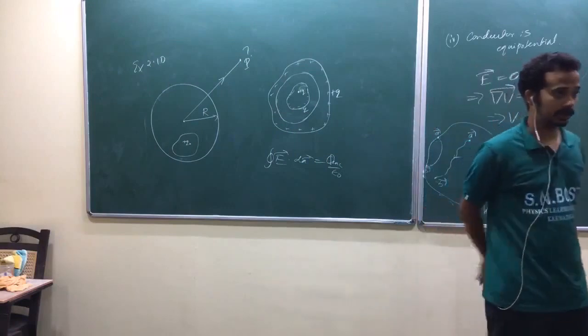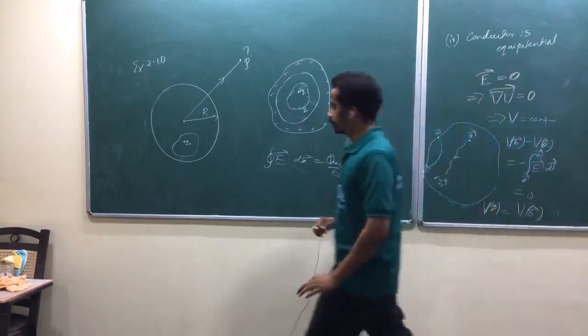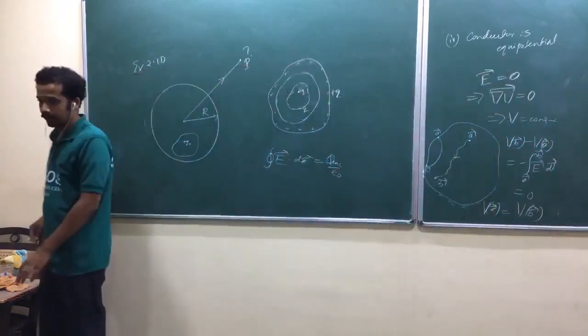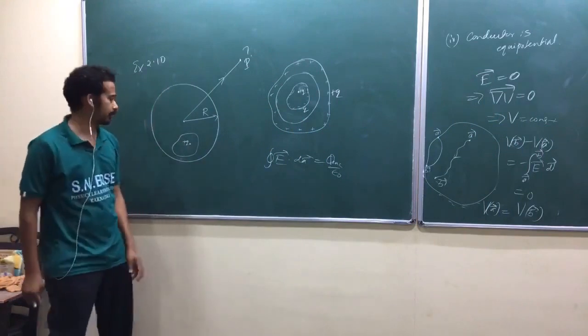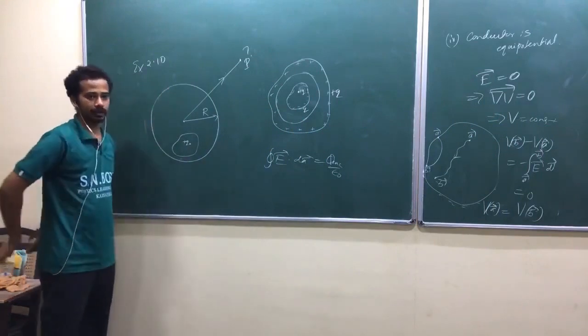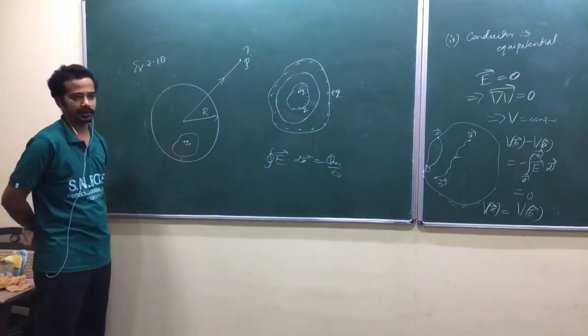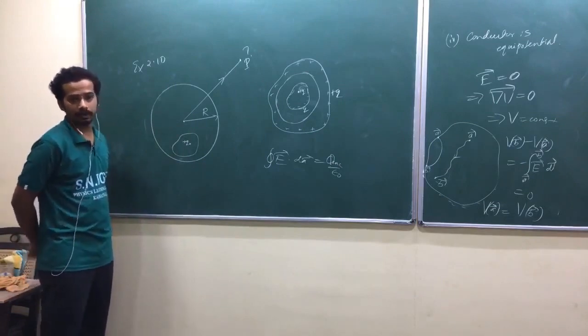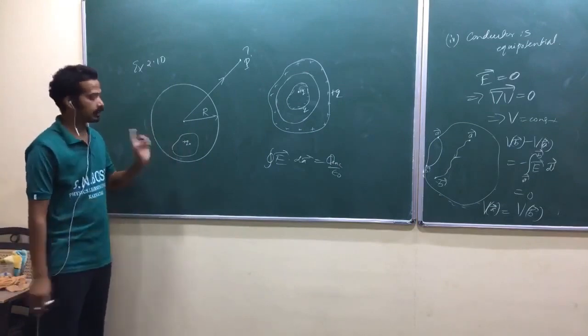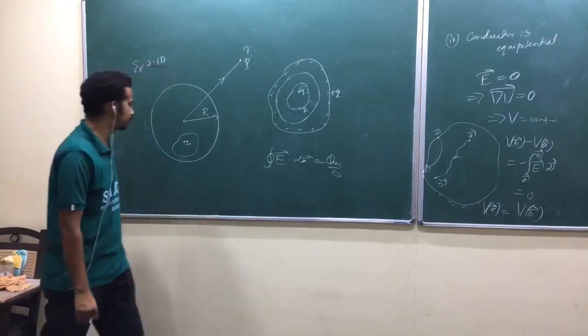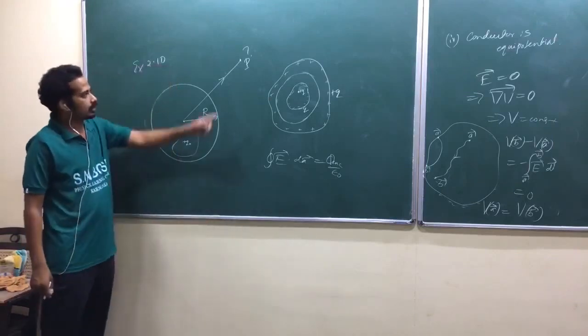The conductor was earlier electrically neutral. It is spherically symmetric when you see it from outside. It is a spherical conductor, but it has a small cavity inside, and again the conductor was neutral. Inside the cavity, I am going to place plus q charge. Then what is the electric field there?